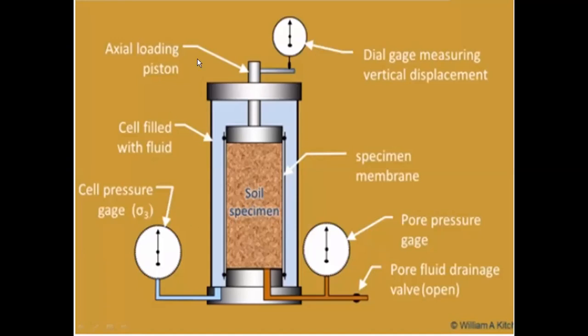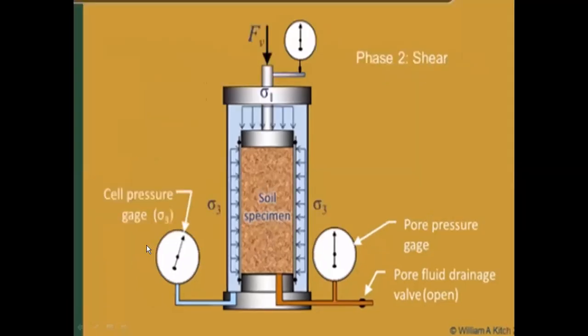And the axial loading piston, this is where exactly you are loading this one, right? This is where exactly the corresponding reading is being given. So this is nothing but sigma 1, and this is nothing but sigma 3. See, this is sigma 3 and the sigma 1 is this, am I right? So this will give a better understanding of how exactly the load will be acting on the specimen in a triaxial testing machine.